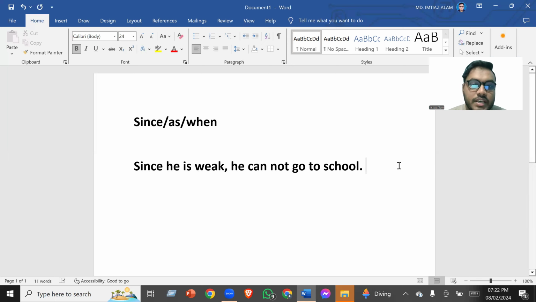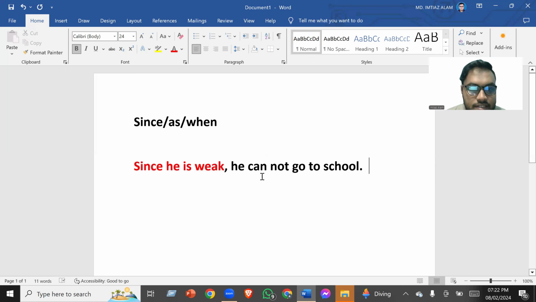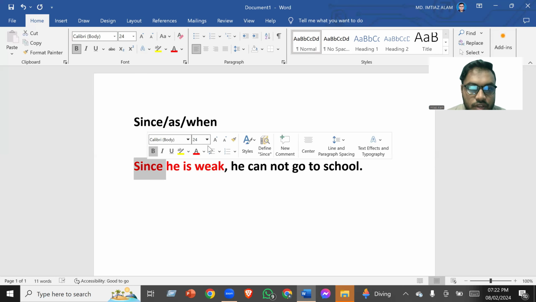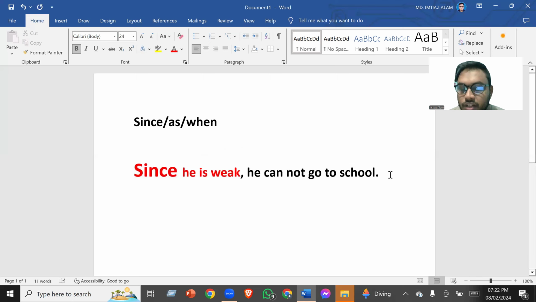Now we are seeing this is a complex sentence, and of course the subordinate clause is "since he is weak." Why is this a subordinate clause? Because we can see the clause marker is there. You can see "since" being the clause marker, and that's why "since he is weak" is basically the subordinate clause, and "he cannot go to school"